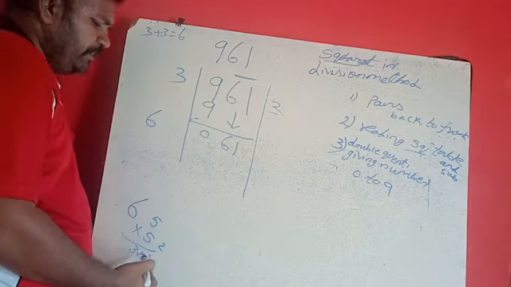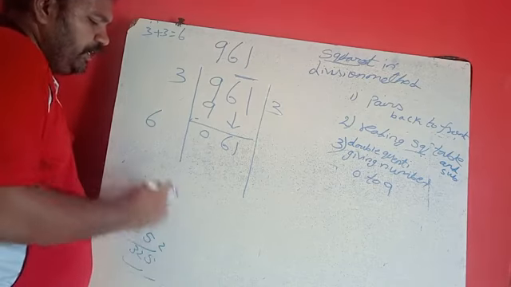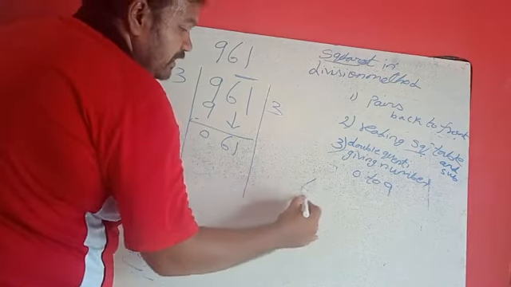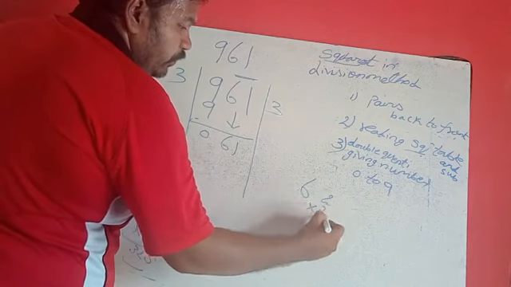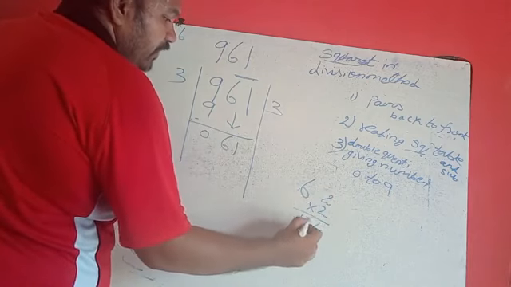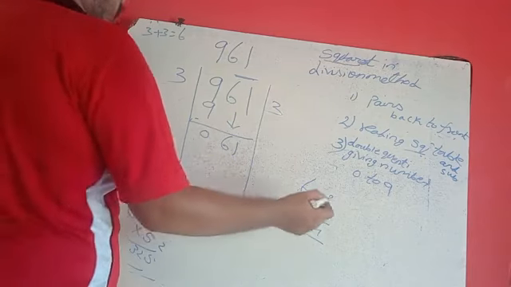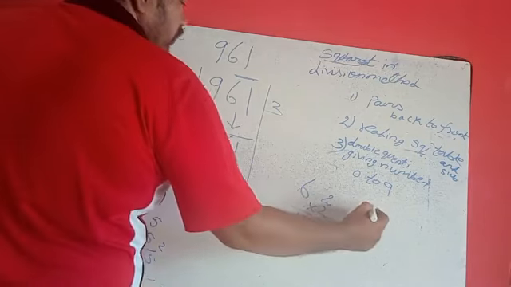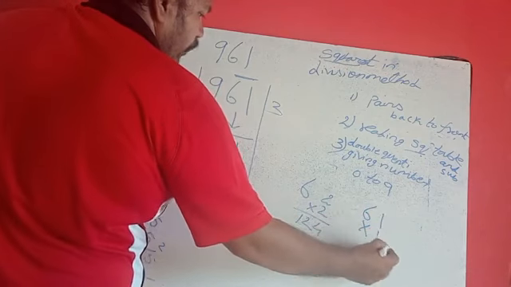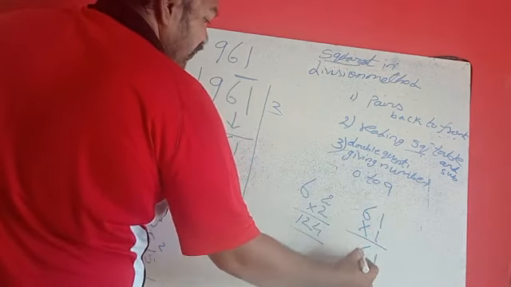So much more. So come to less. 4, 3, 2, 1. So I am starting with 2 times. 6, 2 into 2. 2 2s are 4, 6 2s are 12. Oh, it is now also more. Go for the below number. What is the below number for 2? 1. So 6 1 into 1. 1 ones are 1, 6 ones are 6.